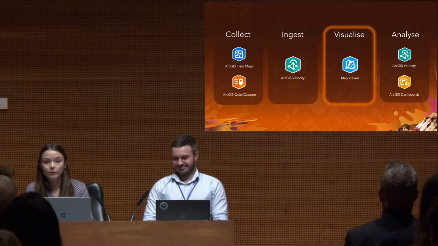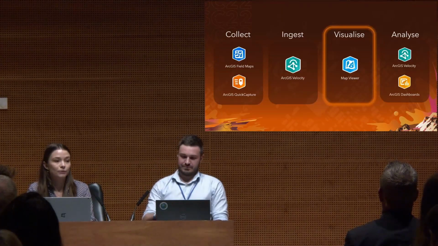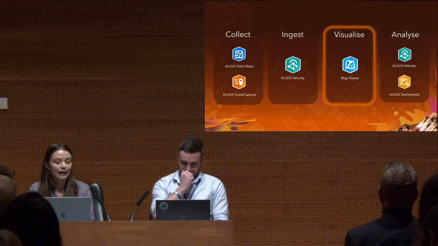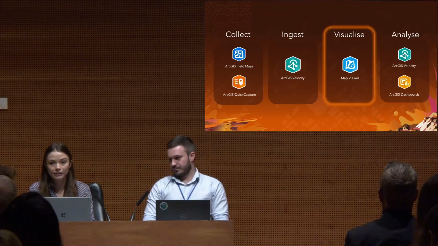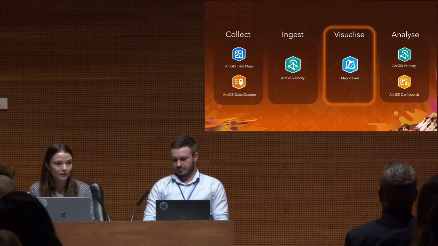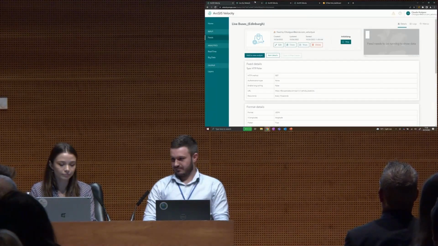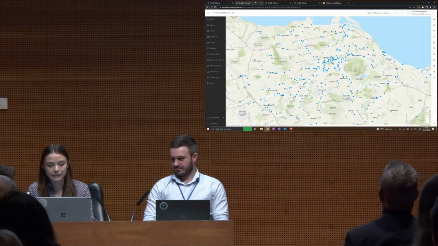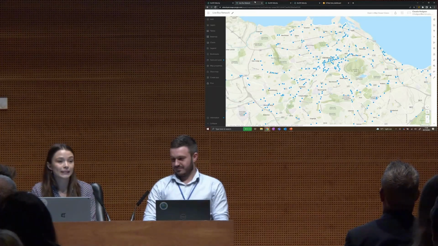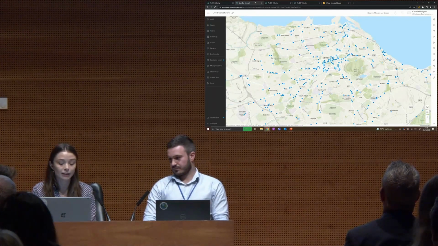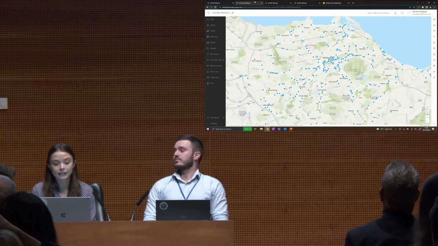And because it's all in the cloud, I can straight away visualize all of this. I can simply add a stream layer to Map Viewer to visualize the live locations of these buses. So let's jump straight back into the browser. And here you can see these buses. So this is updating around every 10 seconds, so we have a live picture of the buses across the city